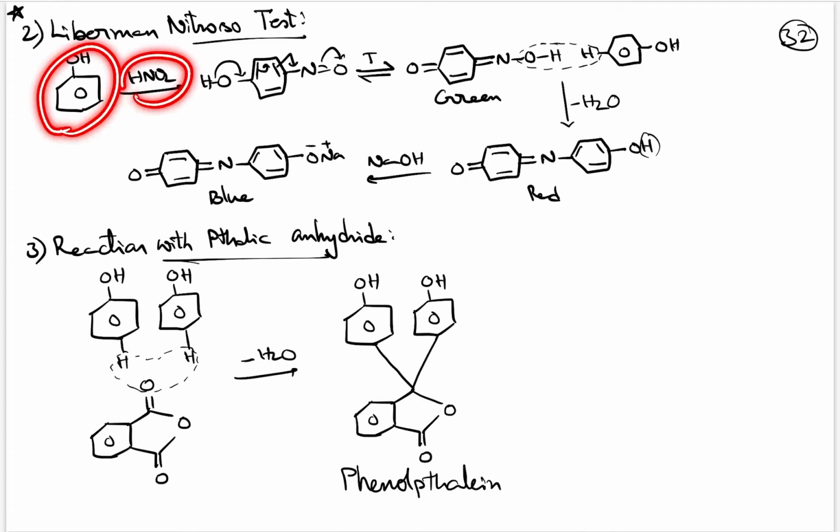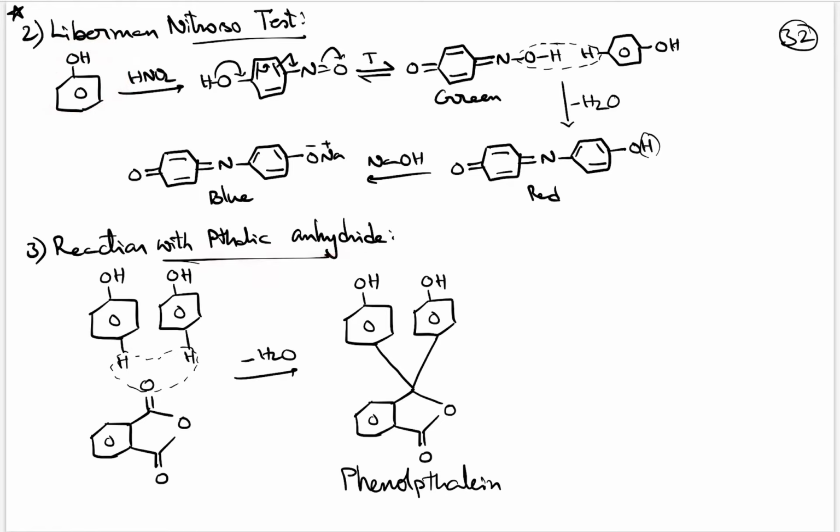So when phenol is treated with HNO2, you will be getting a para-nitrosophenol, which will undergo tautomerism to give this green colored compound, which will react with a second molecule of phenol and undergoes dehydration to form a red colored compound, which is having an acidic hydrogen, and this on treatment with NaOH will form a salt, blue in color. That means when phenol is treated with nitrous acid, HNO2, if you observe first green, then red, and after addition of NaOH blue, this color change itself will indicate that you have started with phenol.